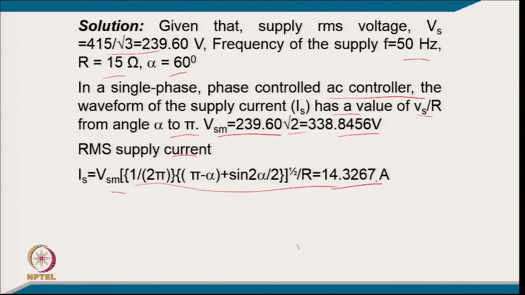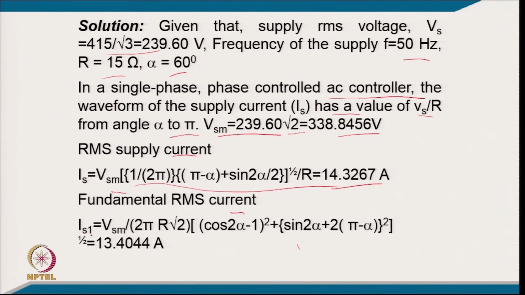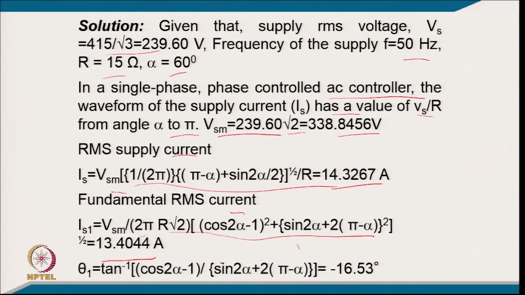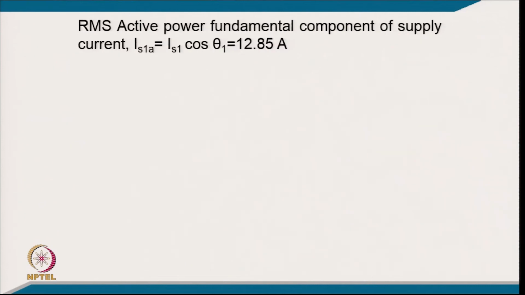So, it comes 14.3267 ampere, and the fundamental RMS current will be IS1 from the derived relation for single phase AC controller. It comes 13.4044 ampere, and the angle between fundamental voltage and fundamental current will be, from this relation, minus 16.53 degrees, because it behaves as a lagging power factor load, and the RMS fundamental active current from the supply will be IS1 cos